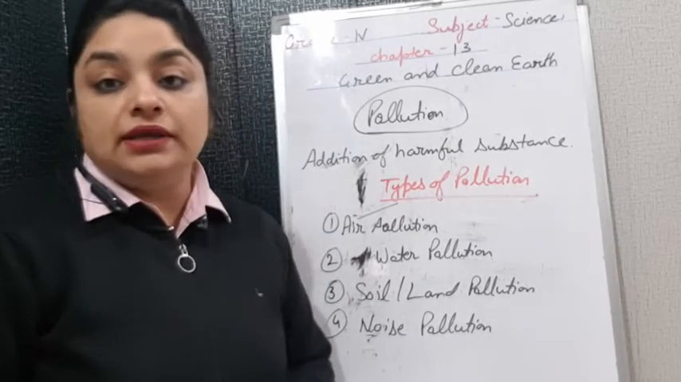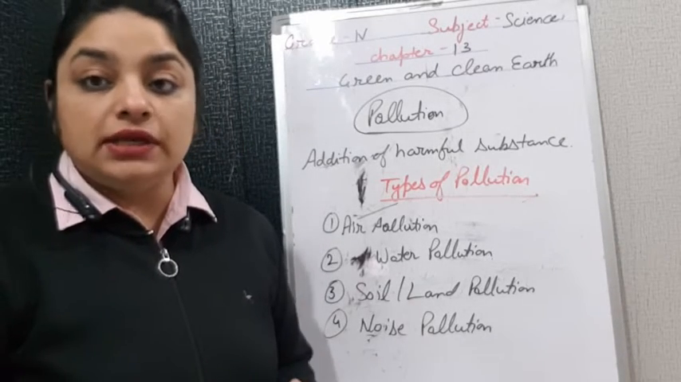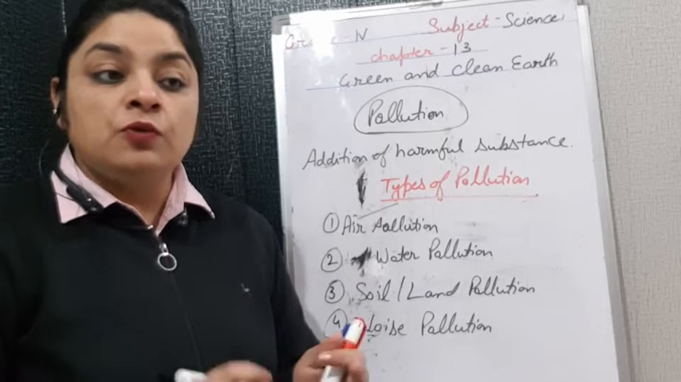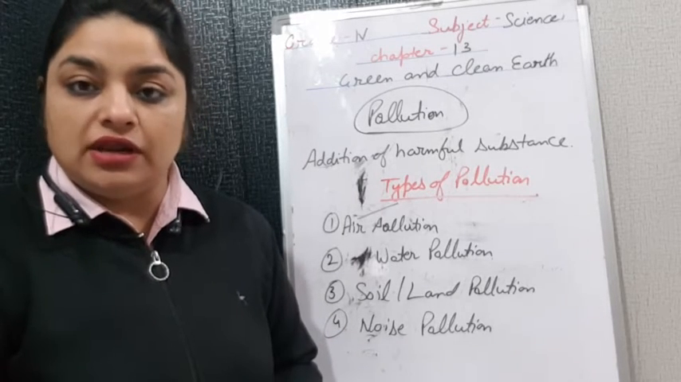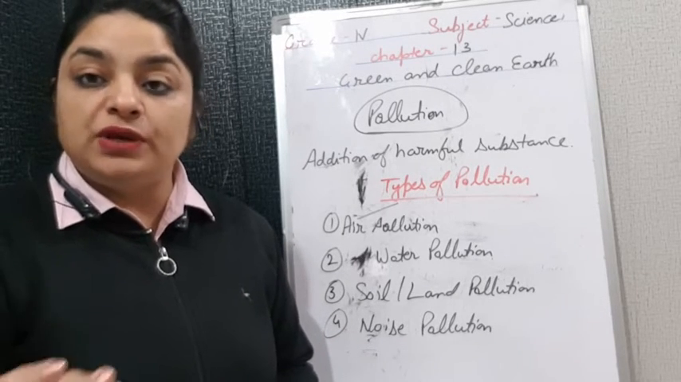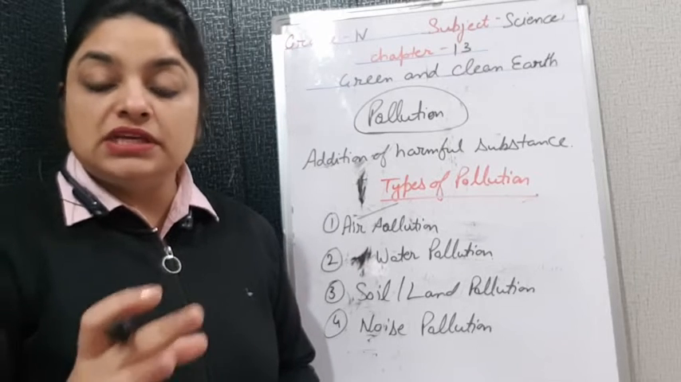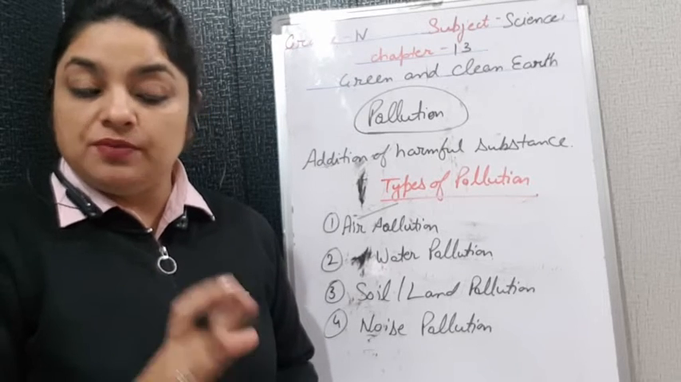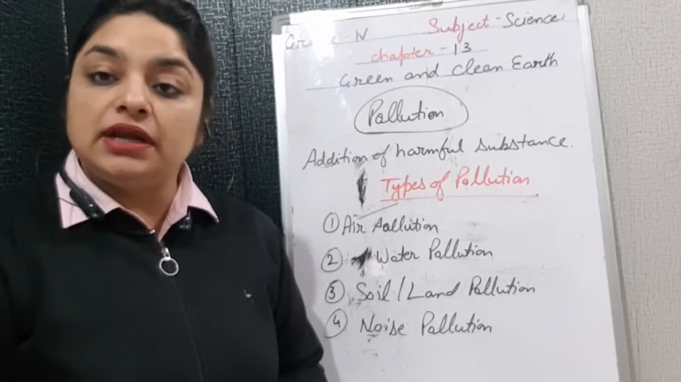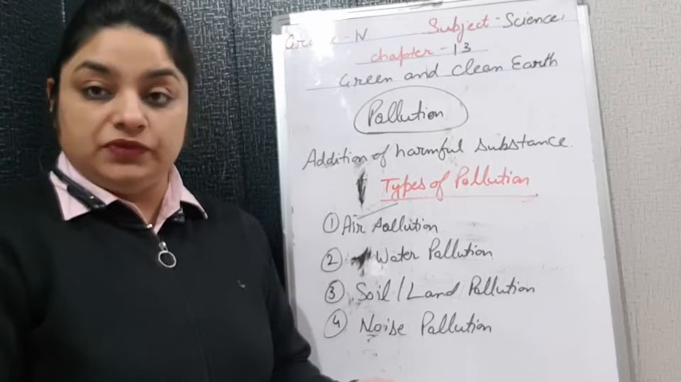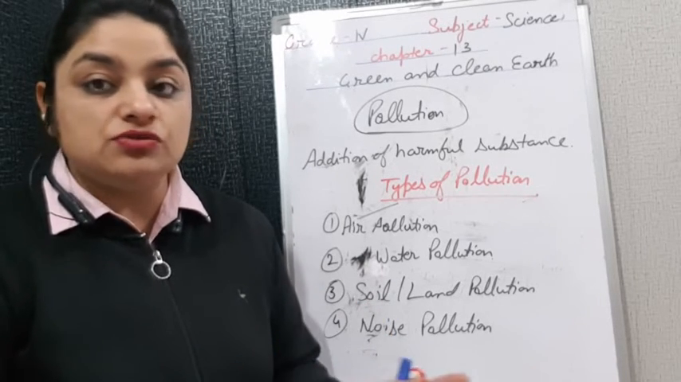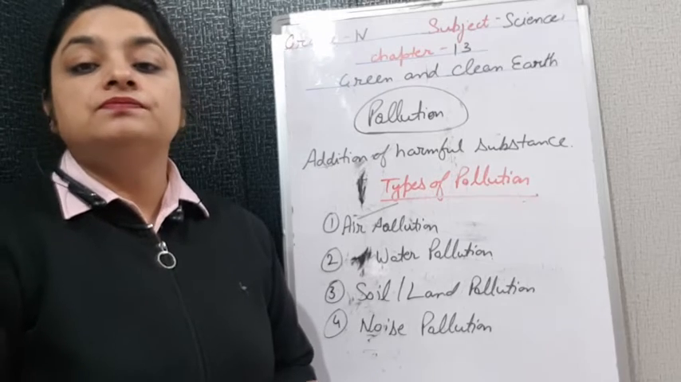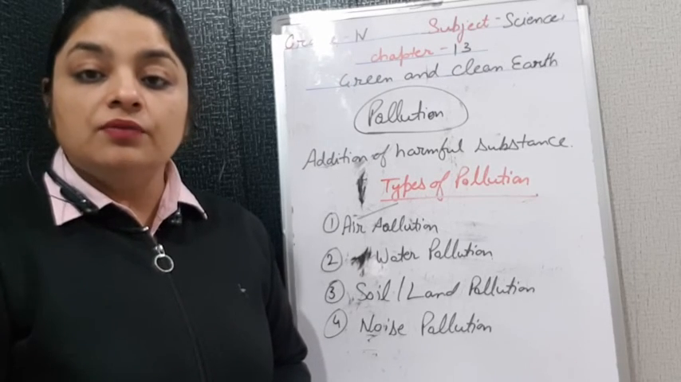Now biodegradable and non-biodegradable. Biodegradable substances are substances which can rot into the soil. All the kitchen waste, fruit peels, vegetable peels, all these are examples of biodegradable waste. Non-biodegradable substances, if we throw them into the soil, will remain there. They will not rot, they will not get mixed up into the soil. For example, plastic, all the